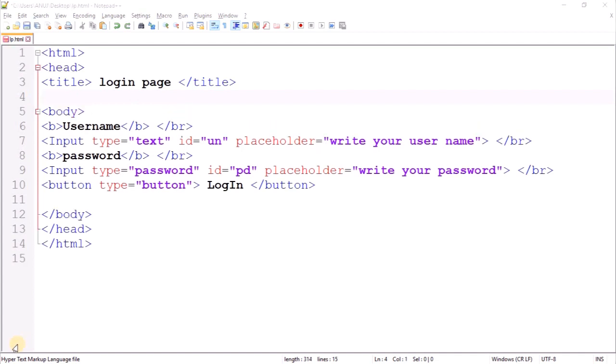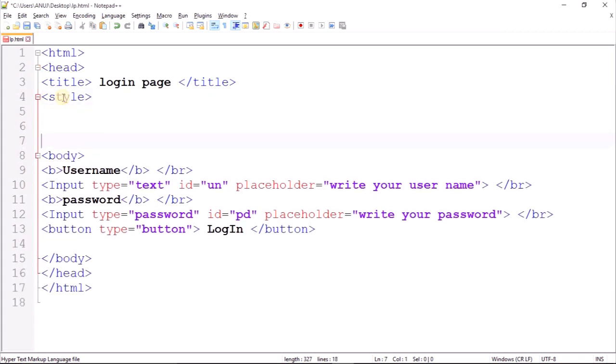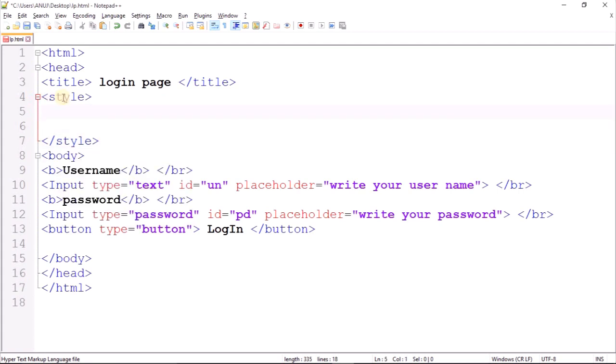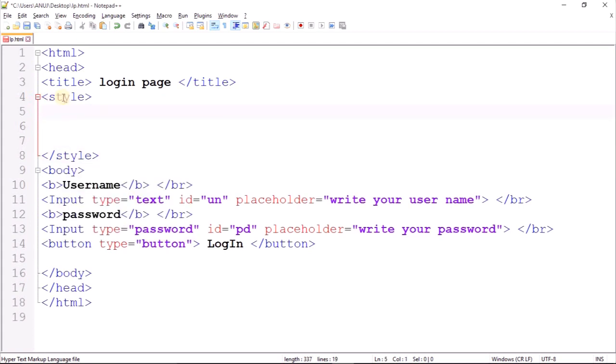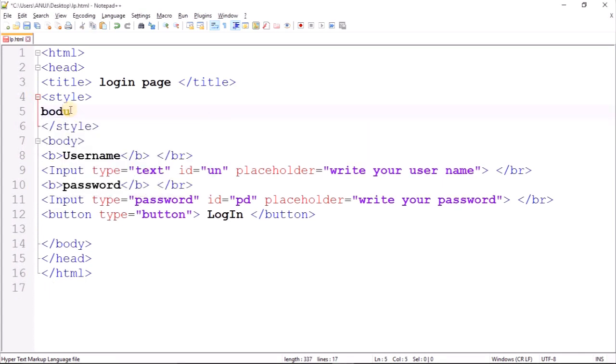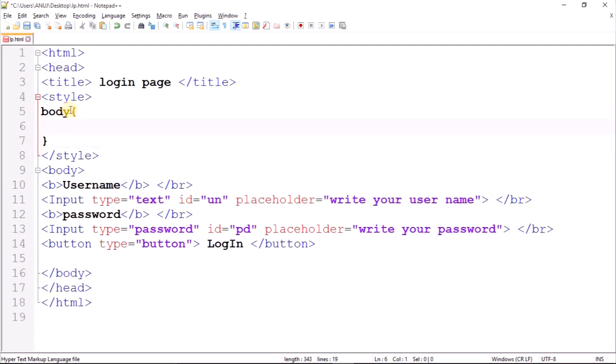I will use internal CSS method to insert the CSS in this code. So before body tag I will use style tag, and between this style tag I will write all the CSS I want to apply in this. First I will apply the CSS on body. So I will write body in the brackets. Between these brackets,